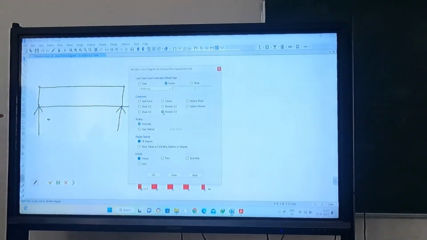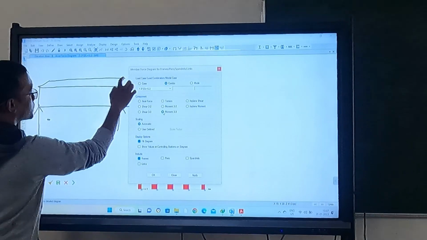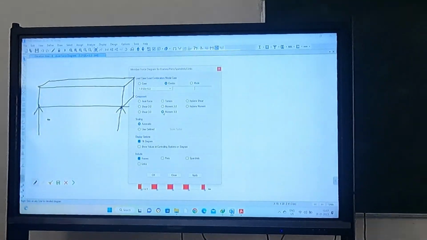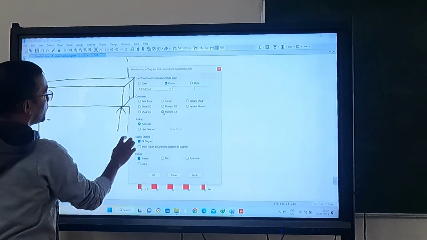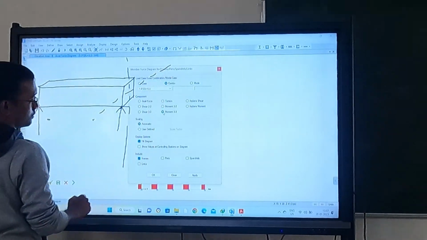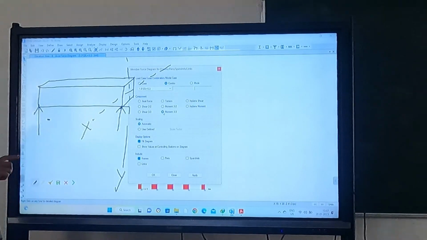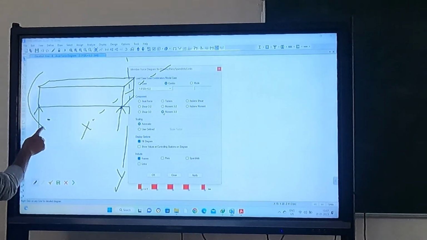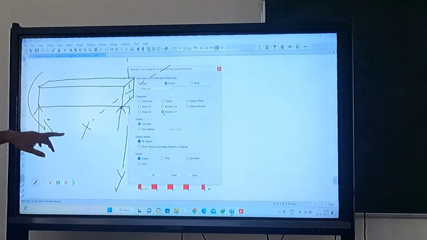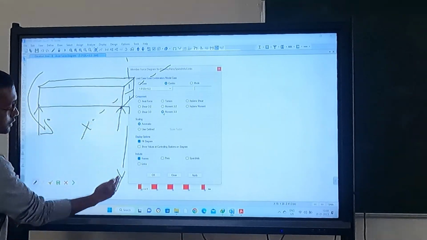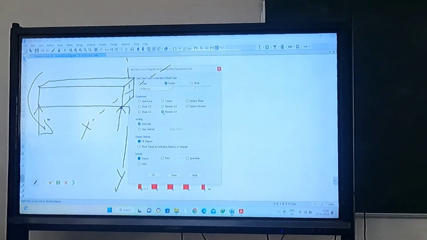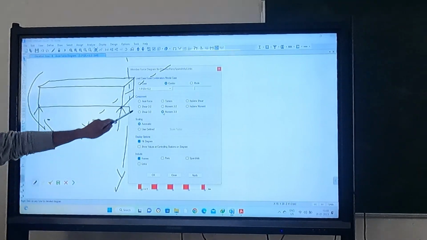Let's say this is one beam, and this is the cross section you have. So you will have this axis. Let's say this is Y and this is X. So when we are considering the bending about the axis X, it means I am considering this bending. So this is the beam, you are considering the bending like this. So this is moment 3-3, and if you are considering the bending about this Y axis, it will be like this in the horizontal plane. So that will be moment 2-2.